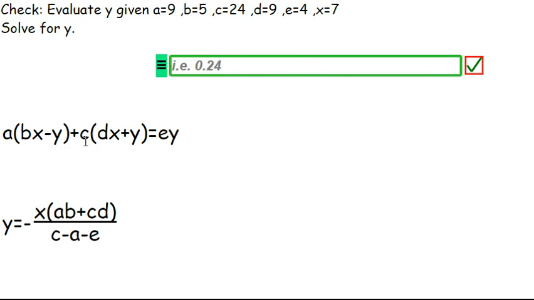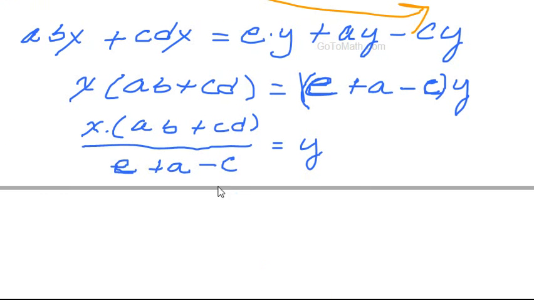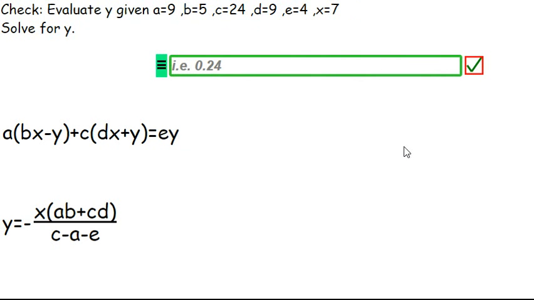It just depends on how you solve for this thing. So we have positive C, minus A, minus E. Let's go back, make sure. Positive C, yeah. Okay, so a negative got factored out, but they're all the same thing. So you want to come in, plug some numbers into this thing, and